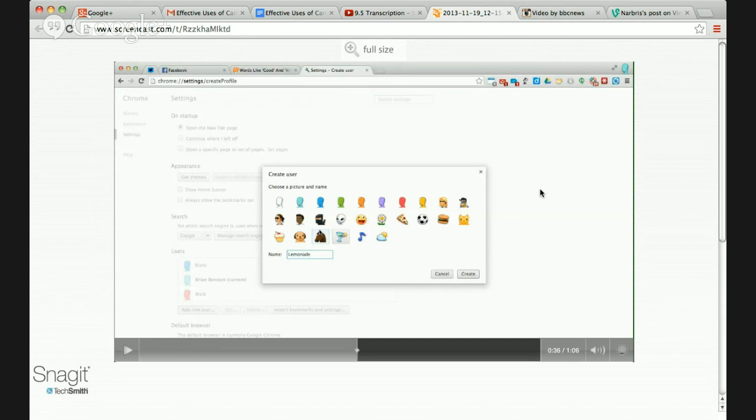All of my logins are kept separate. All of my passwords are kept separate. All of my Chrome extensions and apps are kept separate from one another, and it makes my life a lot easier. So this situation is something where